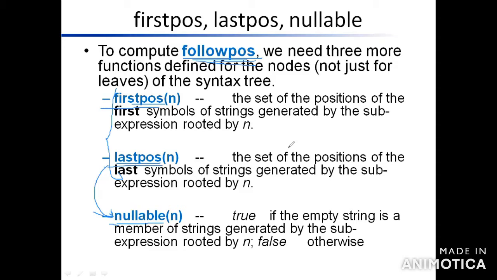Now it's clear. Okay, so how to calculate for the first position, last position, and follow position? Based on the data only, you have to complete that problem in RE to DFA. NFA means you have to add epsilon into the given problem, but DFA means no epsilon will be added into the given problems. It's clear? Okay, then I go to the next steps.